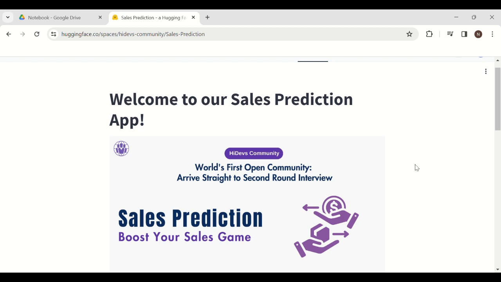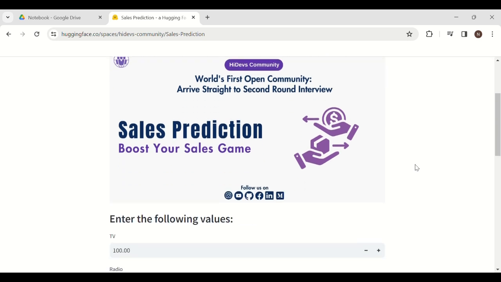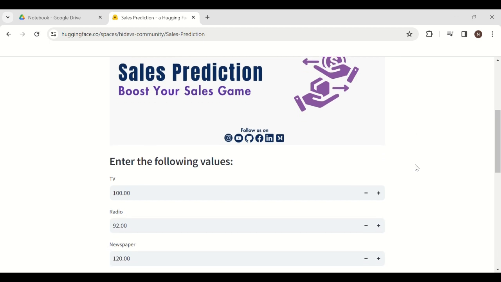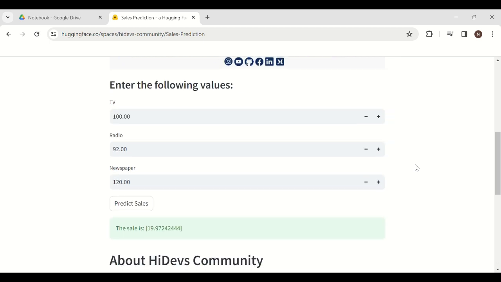So our today's project is sales prediction application. We have created this application using Streamlit platform. This is a web application for the given model. So this model will predict the sales, means the total number of units sold on the basis